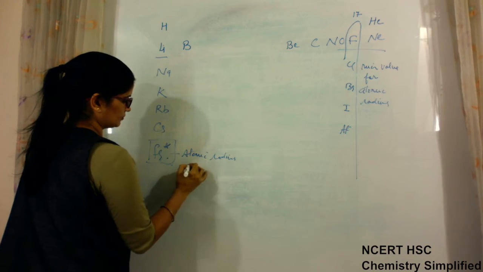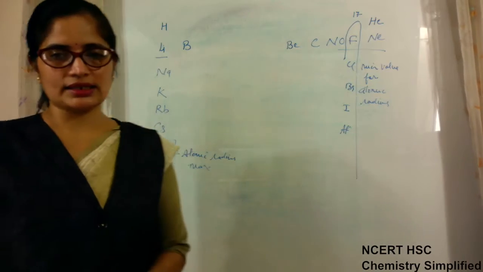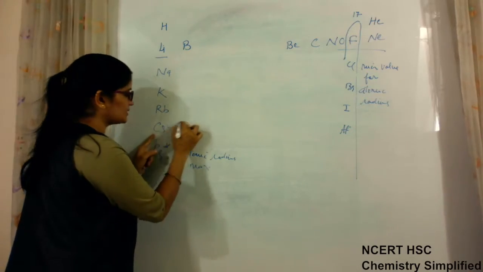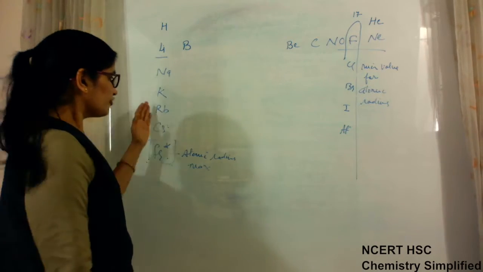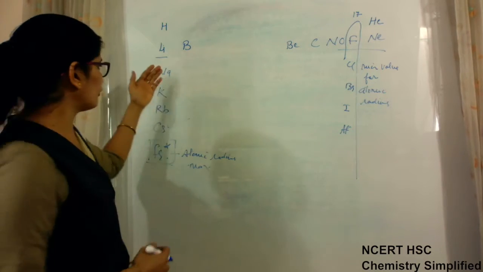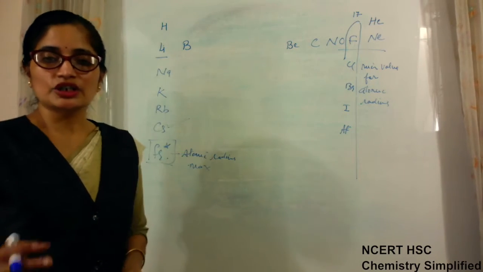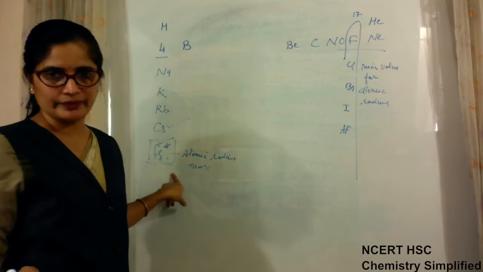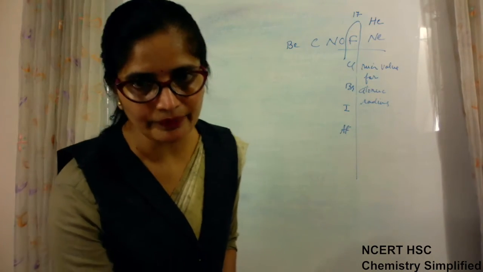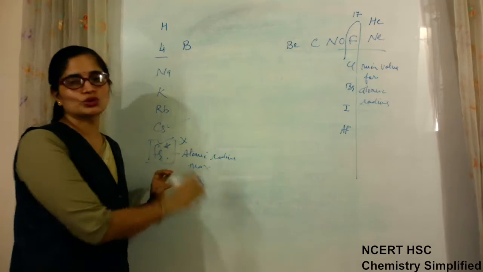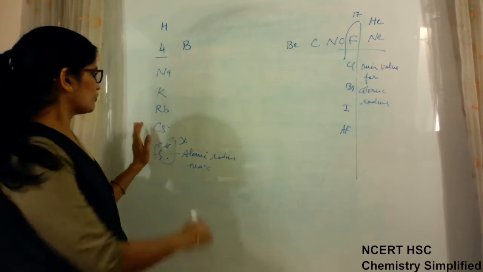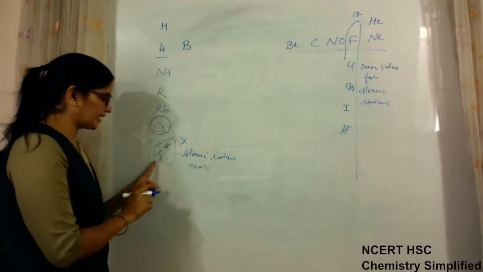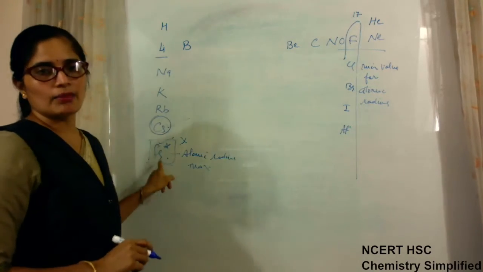Okay. See, if you are asked which element has the maximum value for atomic radius, the answer will be cesium. Okay. If you are given options in a multiple choice question, out of 1, 2, 3, 4, which element should have the highest value for atomic radius, then the answer will be francium. Should have, and which has, is different. It should have, but its value is not known to us because it is a radioactive element. So we always answer cesium if you are giving a one word answer. In a multiple choice question, if francium is available as a choice, then you will mark this.